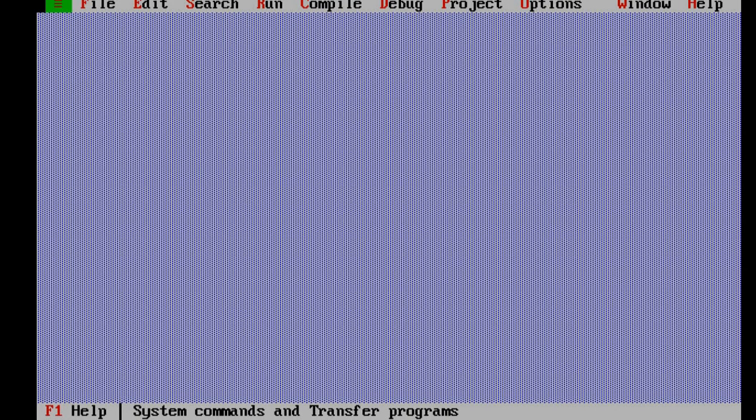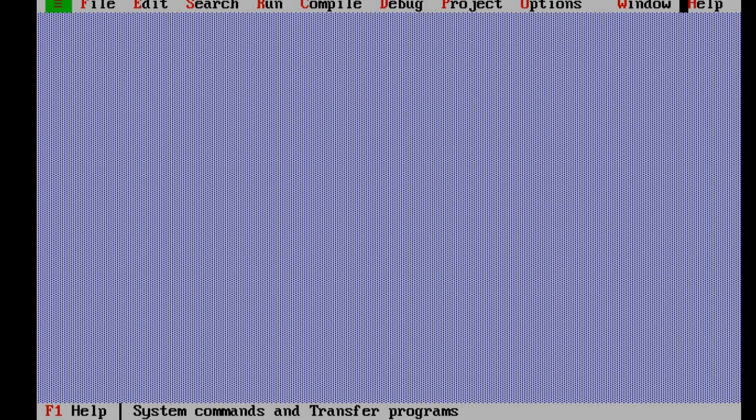After clicking on that, this is the first environment of the Turbo C++ text editor, where we can perform our C programs. In this video I am just giving an overview of the integrated environment of Turbo C++, and in the next video we will start how to create the program and how to compile and execute the program on this text editor. This is the environment of Turbo C++, where we can create C and C++ programs.